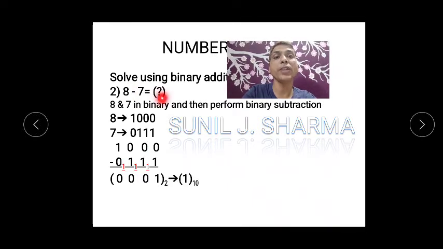Yeah, purposely I have taken one more example, 8 minus 7. In order to practice this, 8 everyone knows that 1 triple 0, 7 is 0 1 1 1. Now can you see 0 minus 1 is 1, okay, and borrow 1. Now 0 minus 1 is 1, and can you see borrow 1, and this 1 minus 1 is 0. Okay, I'll just show you here. This is okay, and this is 7.